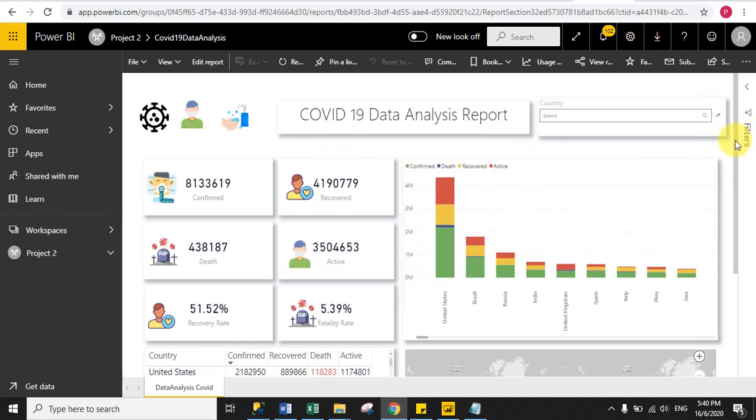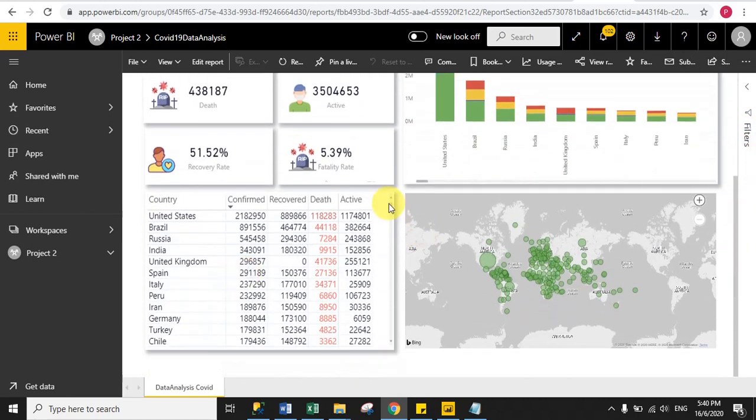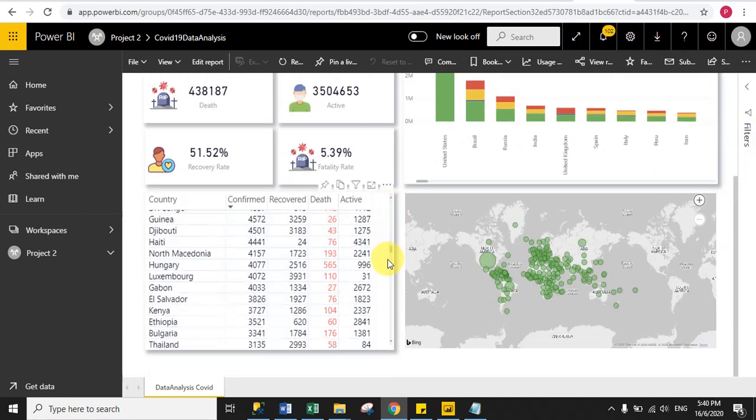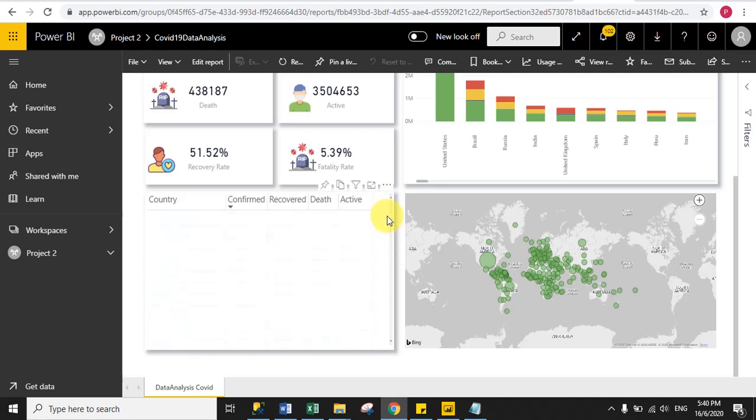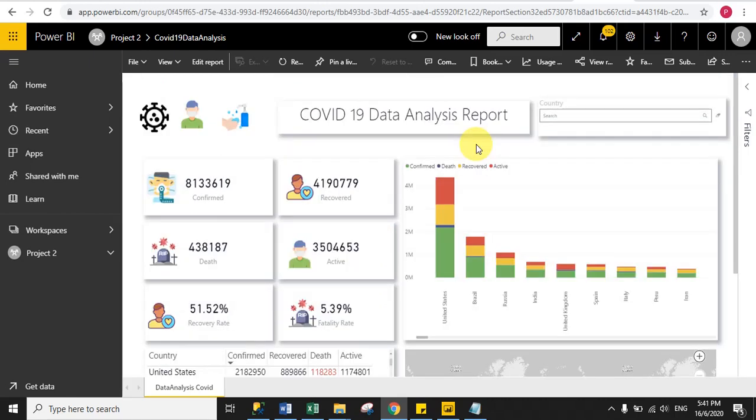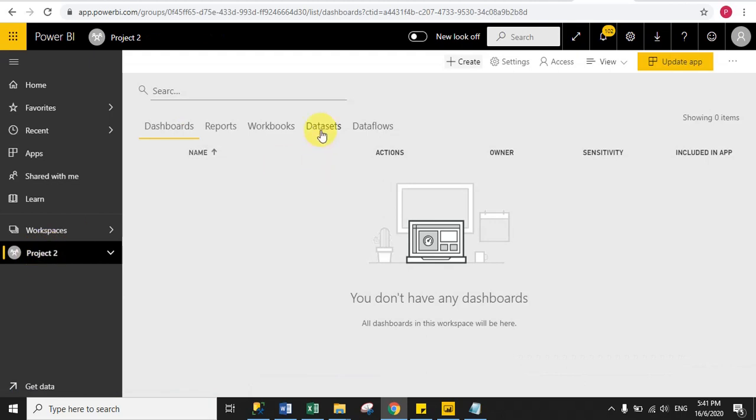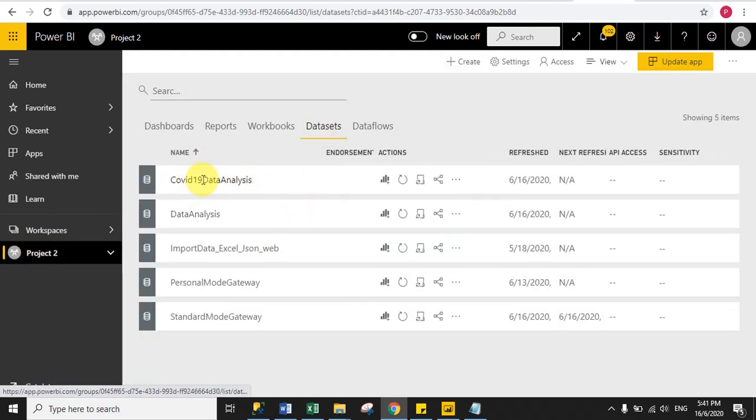And now go to the table visual. So from here you can scroll down and you can see all country details, right? Okay guys, so that is all about the visuals, and now we will set the schedule time for my report. That's why I will get updated data from the live web API. Okay, so to schedule refresh time, go to the data set. So just click the workspace name and then click the data set. So you can see here this is my report data set name, and click the ellipsis icon, then click